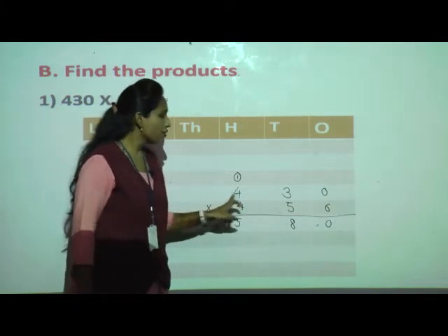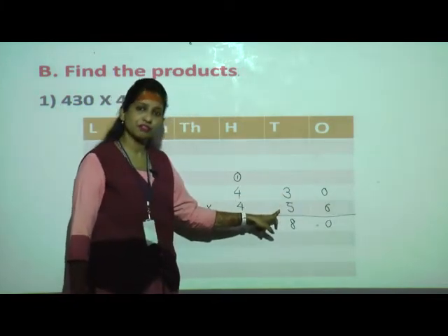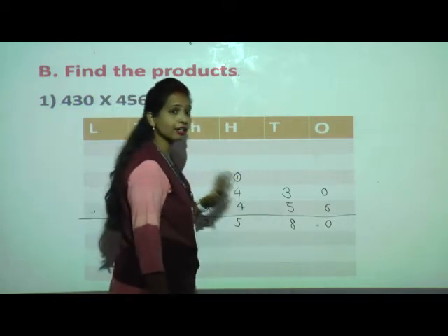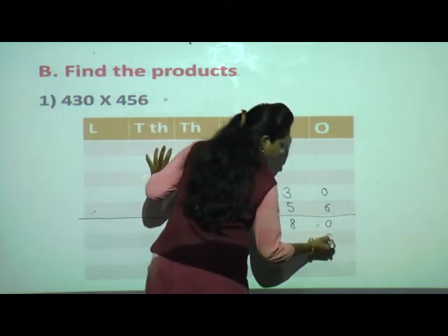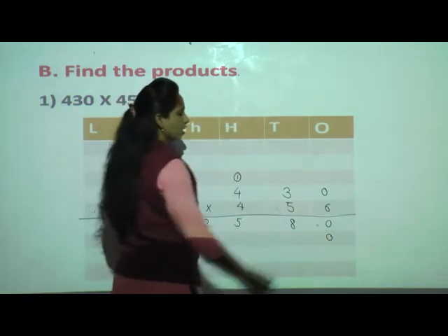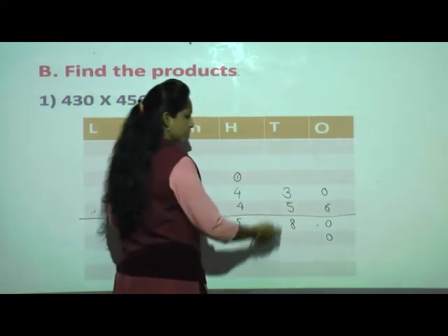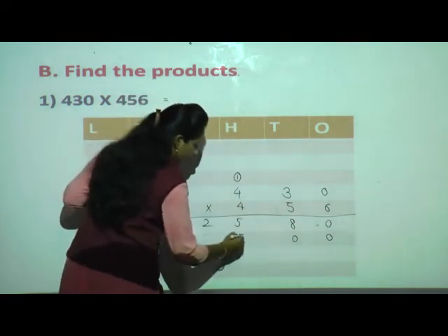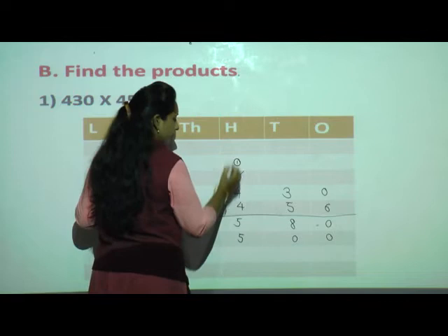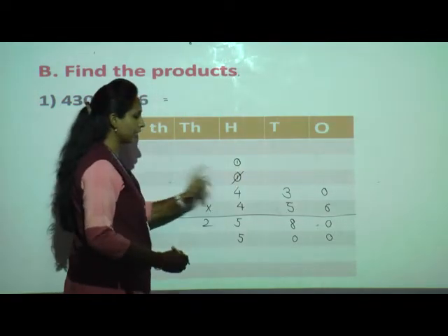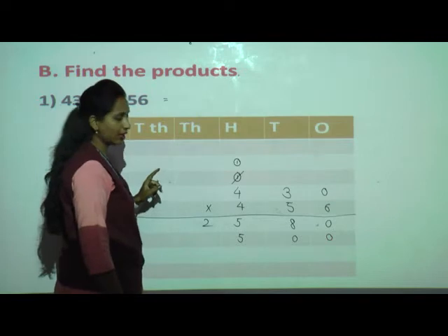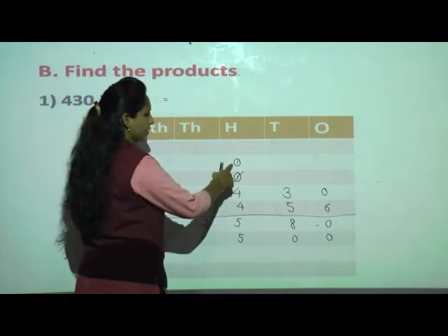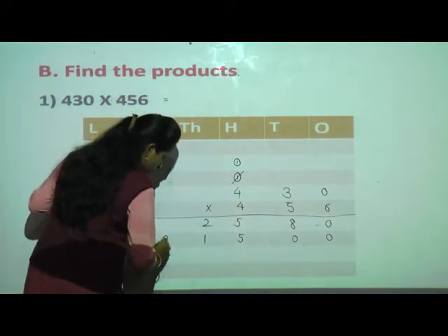Now we have to do the tens place. 430 multiplied by 50, or 5 tens. Whenever you are doing 50, instead of 50, what are we doing here? We are giving 0 first on the ones place. So 0 we have given here, 5 remains. Now 5 zeros are 0. 5 threes are 15. 1 will be carry. Now I am just crossing the previous carry over, so it will not confuse you while counting the carry. Now 5 fours are 20. 20 plus 1 is 21.